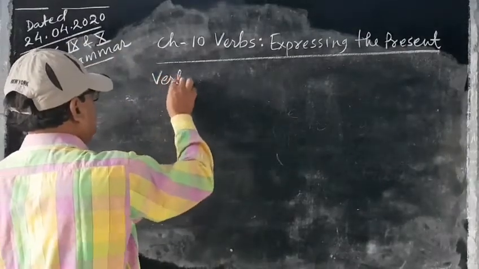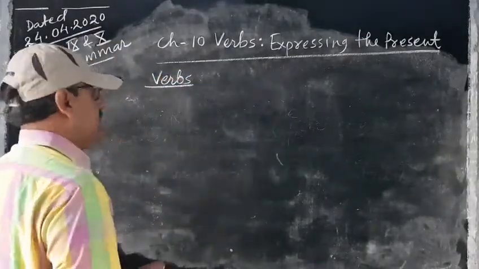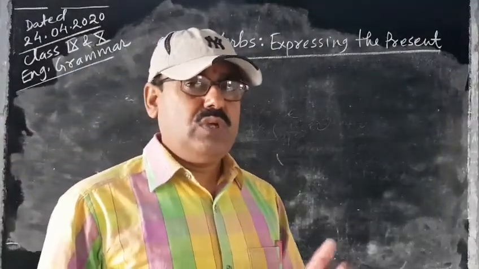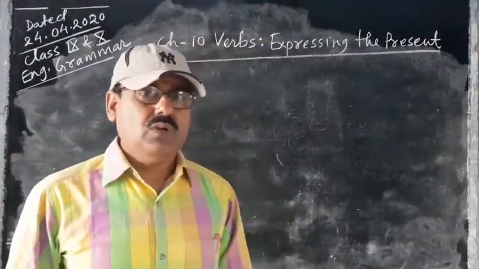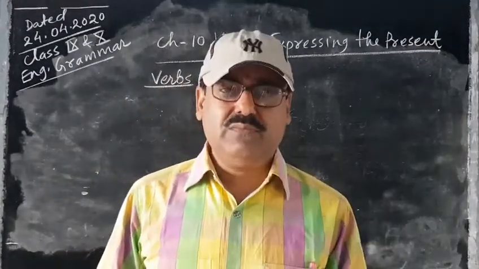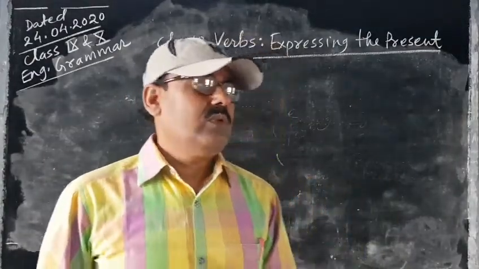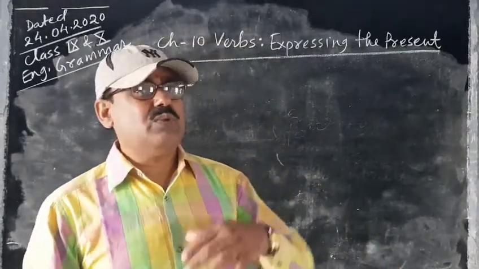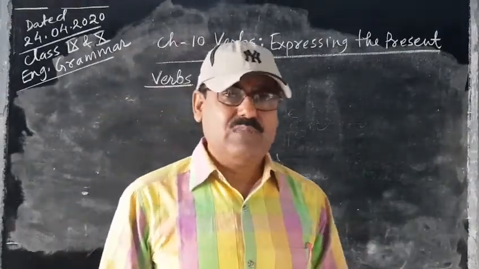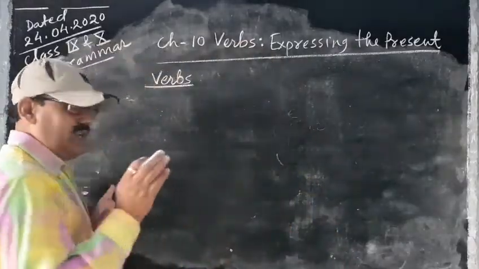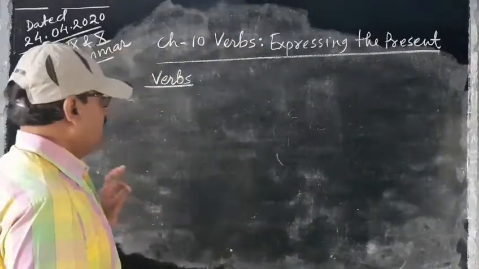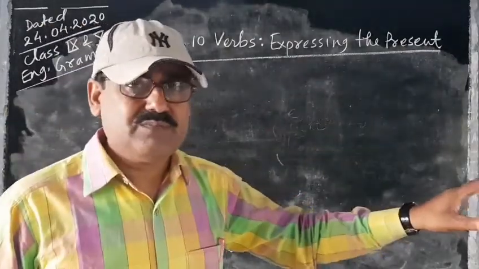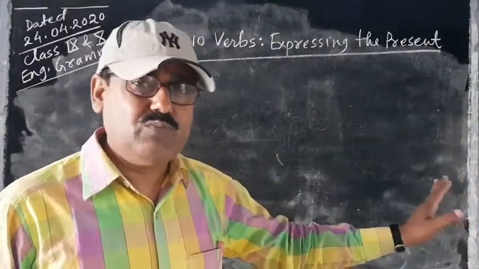What are verbs? Action words are verbs. Whatever we do, that is a verb. A verb is a word that relates to the actions done by different persons or things. So here you already know about verbs. A verb is a doing word, so it refers to the actions. So there is no problem to understand verbs.